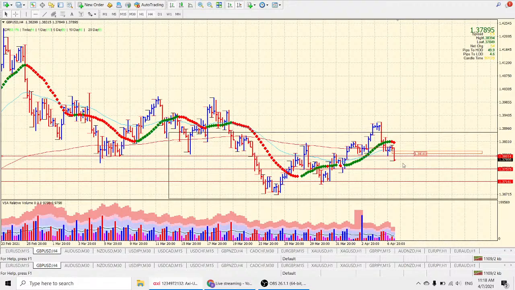3800 and 3810. This is the range where you can find the entry, and your safest stop loss is this area. However, if you are